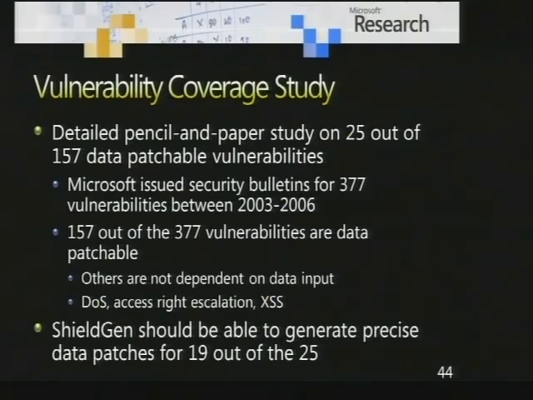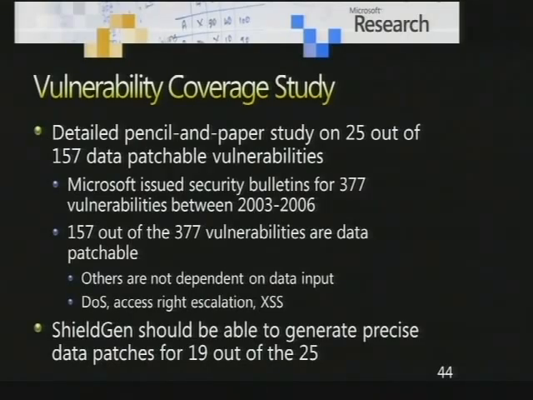And we went through all the 377 and found that 157 of them are data patchable, meaning we can have an input filter to filter the attack instances, because the rest of them are either access right escalation or cross-site scripting attacks. And for the 157, we randomly picked 25, and in the 25, we found out that 19 of them